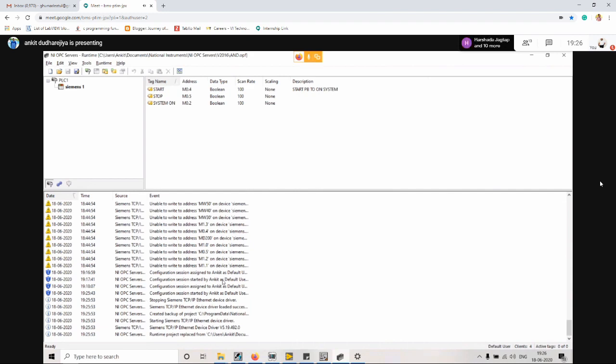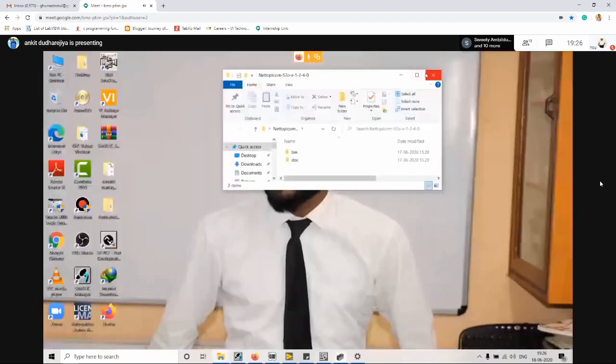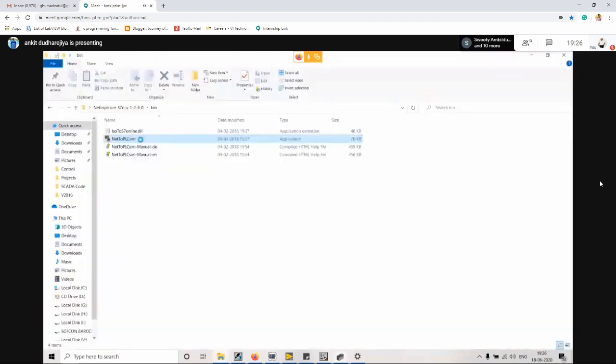Once the server is created, then we will be able to easily read or write data between our PLC and LabVIEW. So I have that tool, that I will open as run administrator. Always keep in mind that you have to open it as administrator.